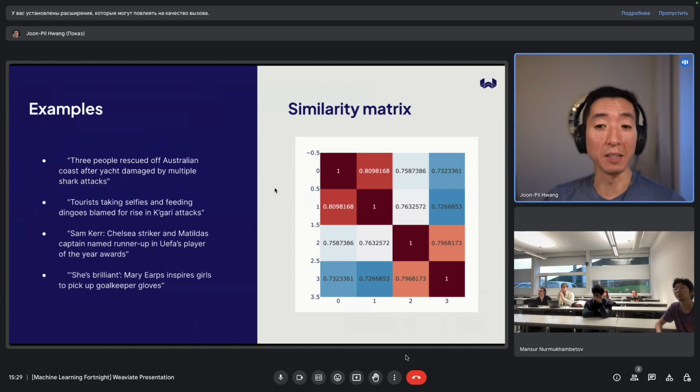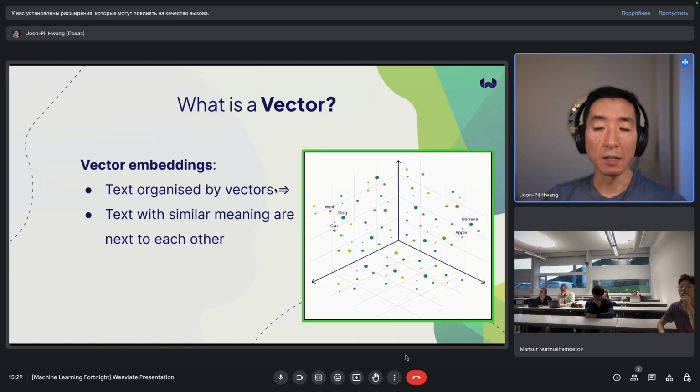Because the top 2 are about Australian tourism-related headlines, and the bottom 2 are about football players. And across the bottom left and the top right, they are quite dissimilar. And that's the magic of vector embeddings, is that you are able to capture the meaning of text into numbers, and then you can manipulate them. So I can put these into, obviously, I can't plot 1536 dimensional space on PowerPoint, unfortunately. So if I dimensionally reduce them, they look something like this.